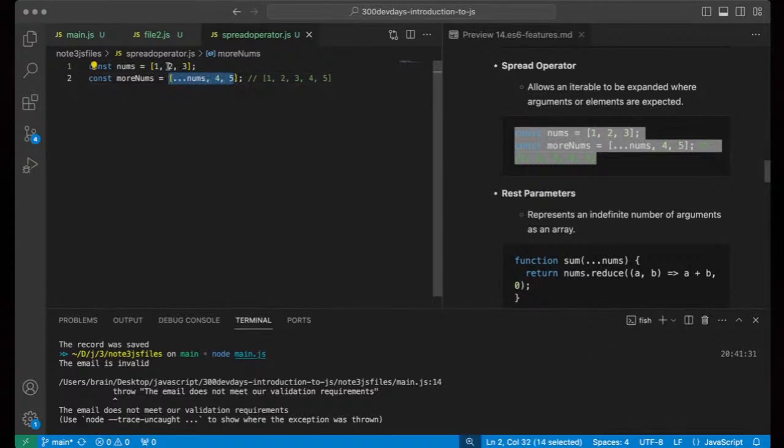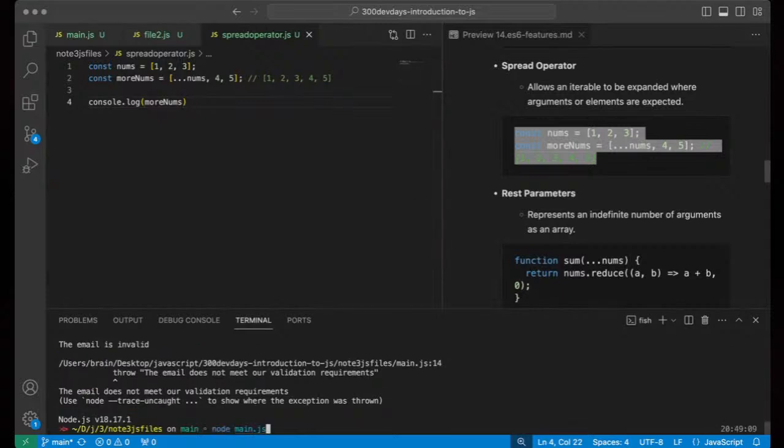So now we have the values of nums, which is 1, 2, 3, and 4, and we also have 5. This is part of the new array, and this is being collected from the previous array. So when you console.log more nums, this is going to give us 1, 2, 3, 4, 5.